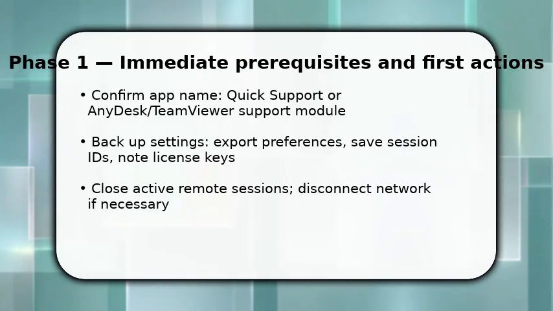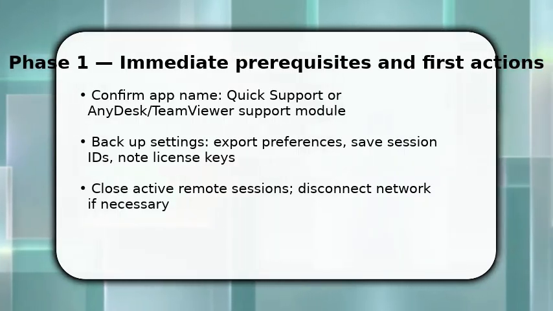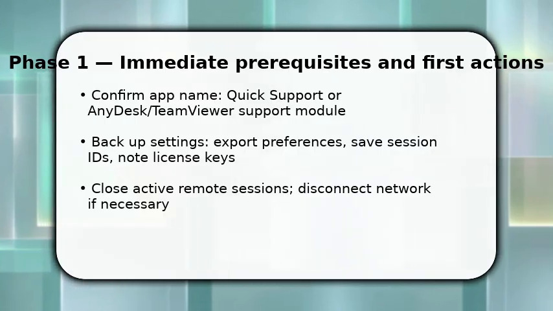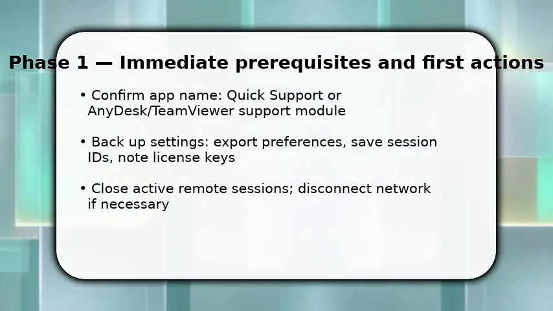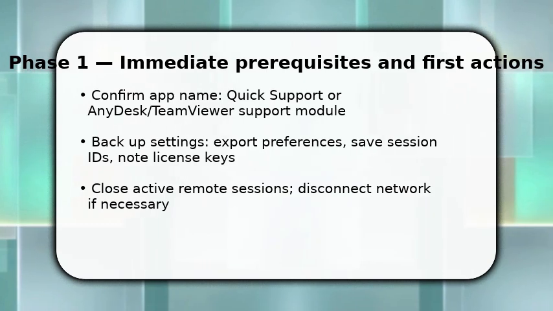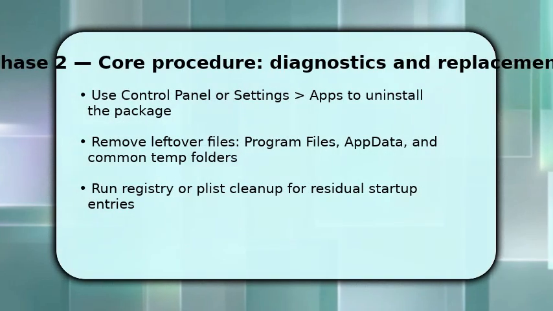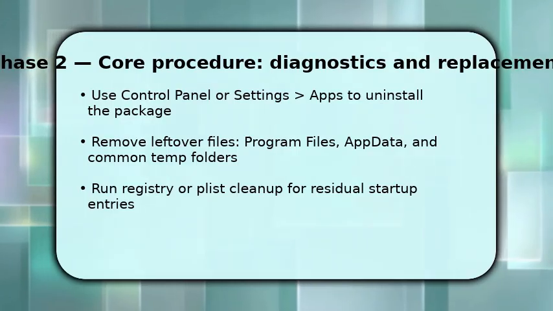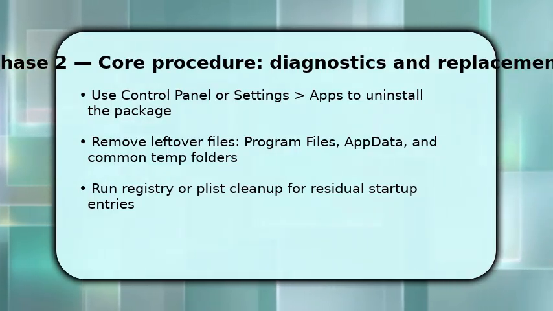If a GUI is unavailable, open Task Manager or Activity Monitor and end related processes. Make sure to run with administrative privileges, so file and registry changes will succeed. Now proceed to uninstall through the System App Manager, Control Panel on Windows, Settings Apps on newer builds, or Applications